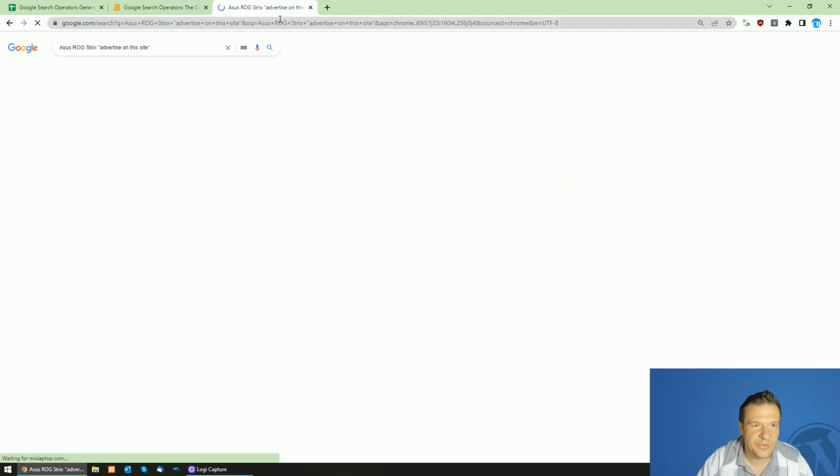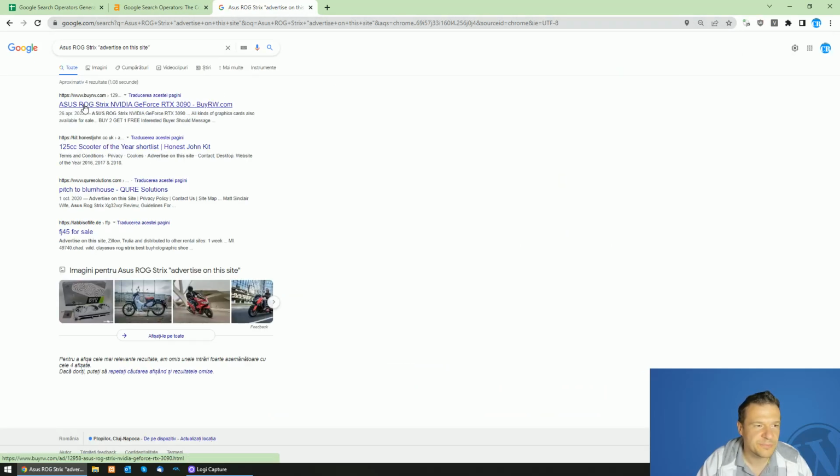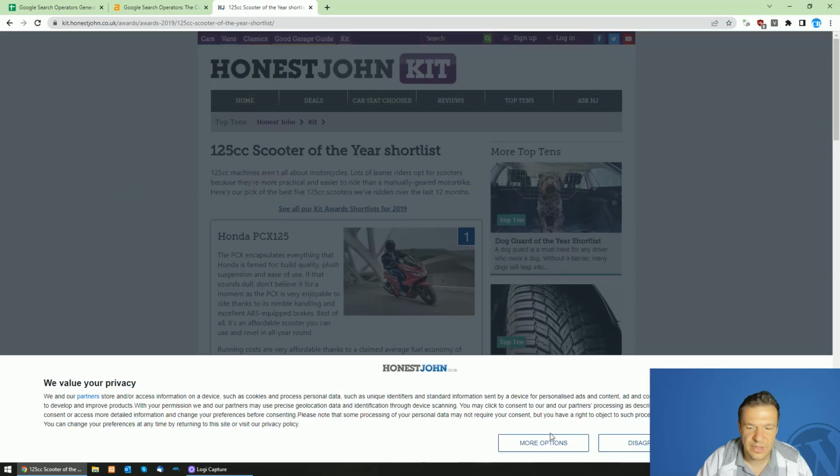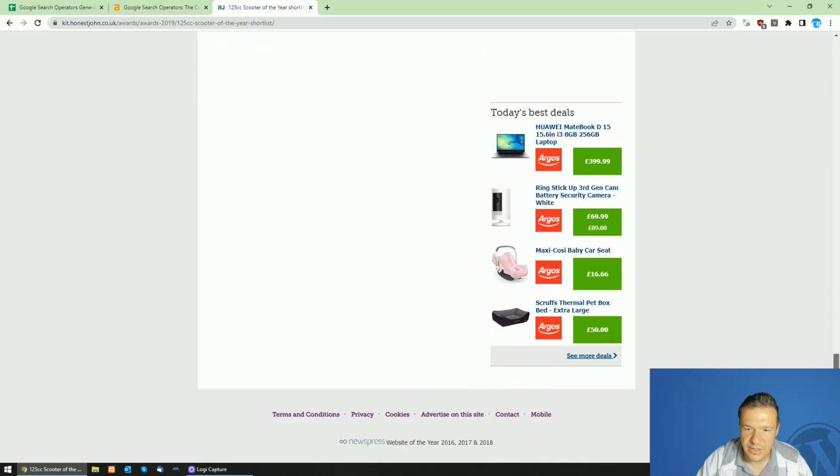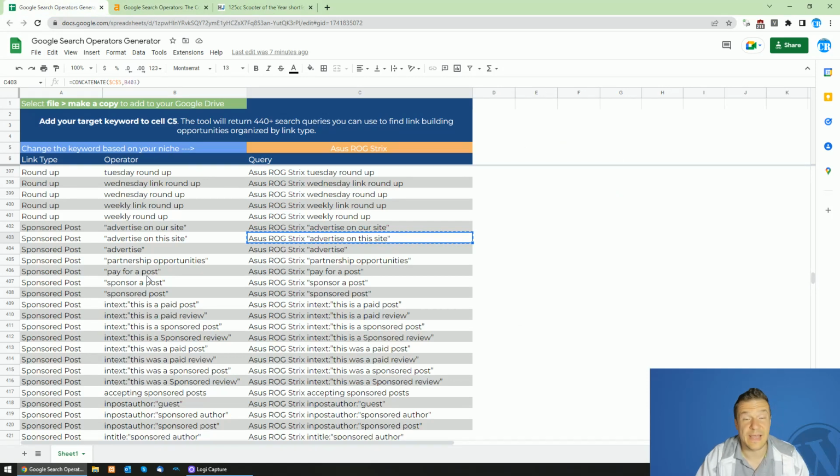Okay, so let's search also for this query. Advertise on this site. So this site also has an option to advertise on this site. Okay, so yeah, this is a great method to find these kind of links and using the Google search operators